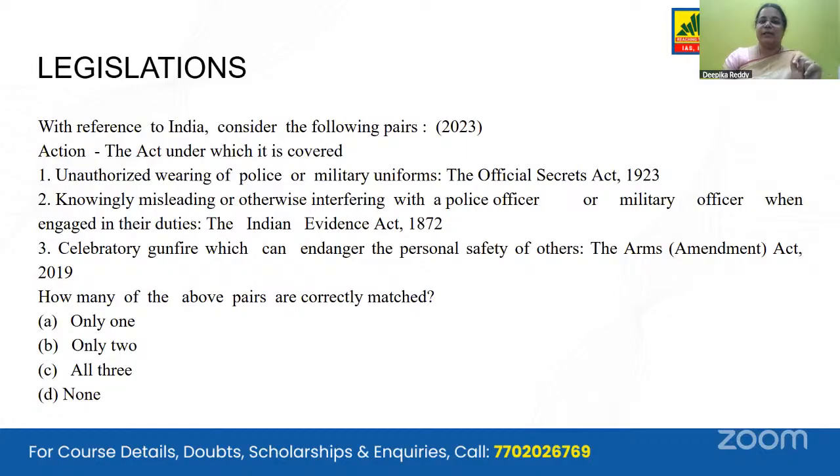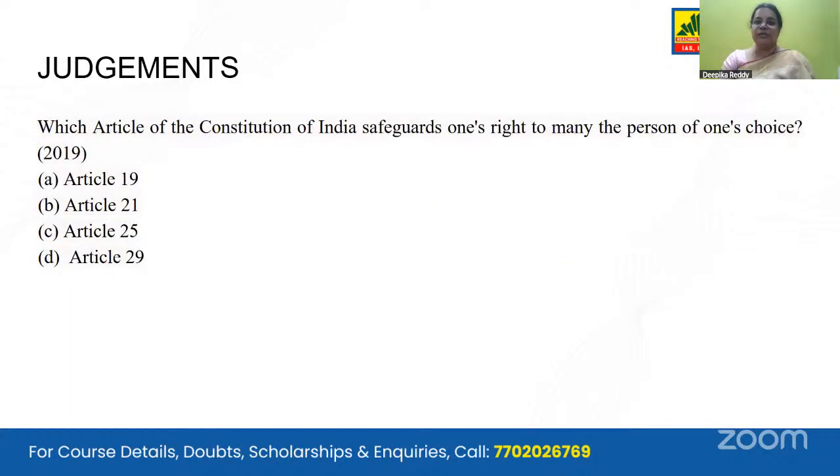Now, legislations and news. Whenever you have laws and news, you will have questions. For example, what were the issues with regard to the law in the news? That issue has been given, and they're asking you to pair it with the correct law. So these questions are picked up from current affairs. Legislations and news is very, very important. Most of the time, current-based questions in polity will come from legislations and news. This is about the Supreme Court judgment on the right to marry a person of one's choice. It comes under which article, based on the Supreme Court's judgment in the Hadiya case.